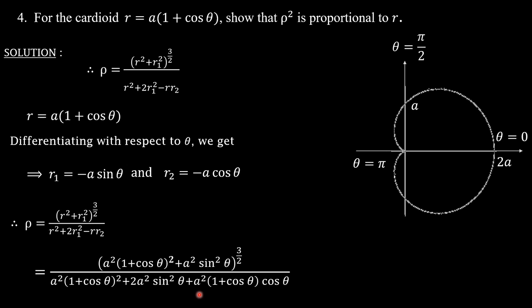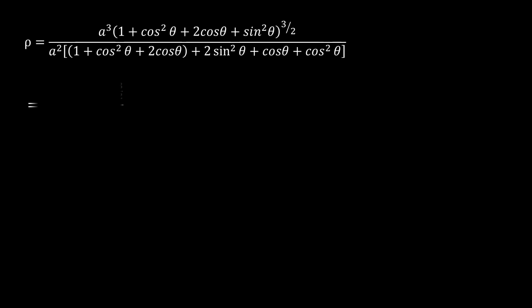So you are going to get rho square into 1 plus cos theta into cos theta. We'll just simplify this equation and prove that rho square is proportional to r. So moving on to the next slide. Just simplifying the equation, students, so that rho is equal to 8 into a into 2 times